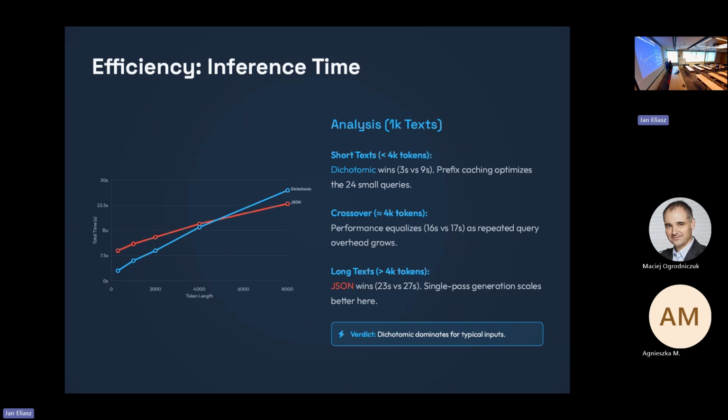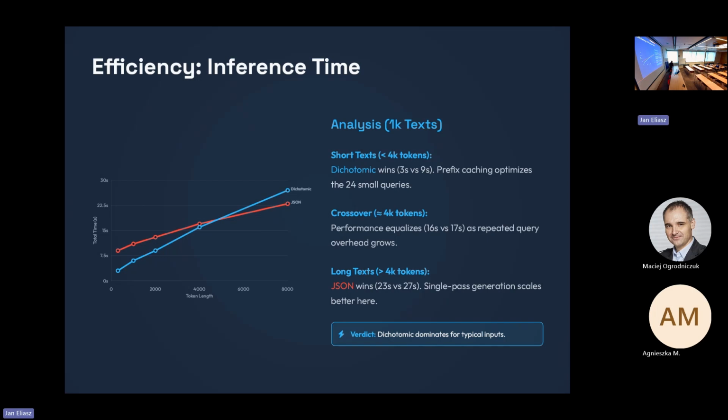And I want to discuss our main, I would say, result. So what is the efficiency of our approach compared to the standard JSON structured output? As you can see, on the x-axis we have the length of a text measured in tokens, and on the y-axis the total time for the processing.